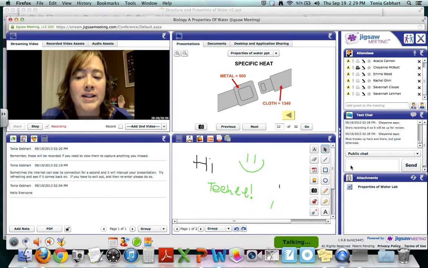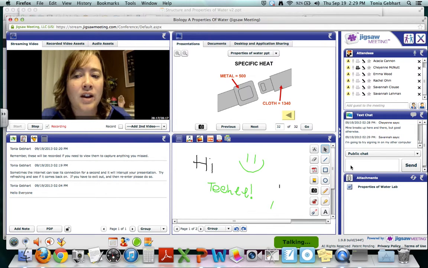As you can see down at the bottom, there's an attachment called the Properties of Water Lab. Students who did not attend the lecture are responsible for completing this second lab. Because you guys are here, you will be excused from that. Does anybody have any questions on